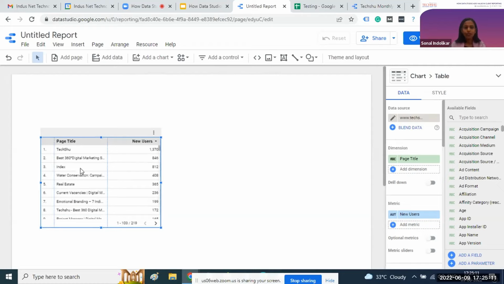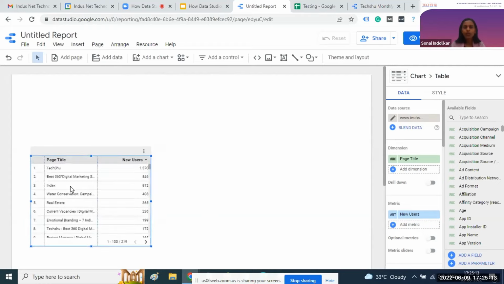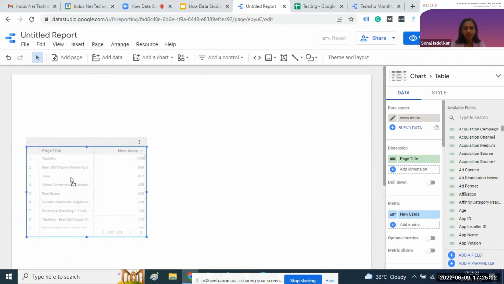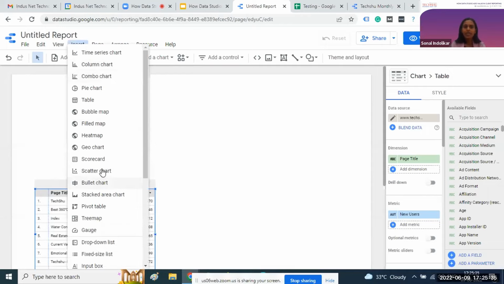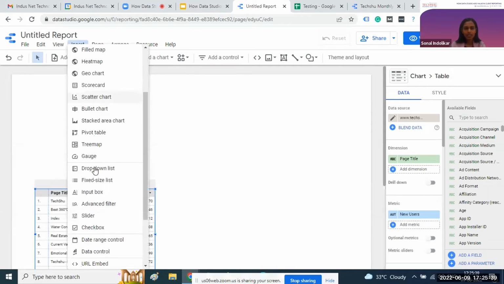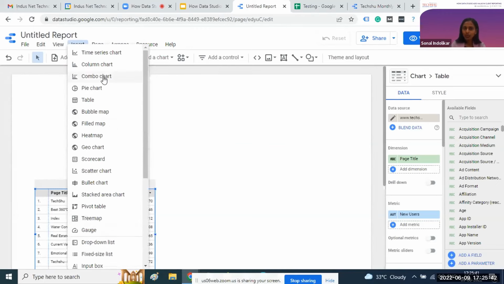For example, for your client, you want to show the data for their monthly traffic. For this TechSu website, we want to see the monthly traffic. Over here there are multiple components available in Data Studio to create a table, pie chart, column chart, line chart, etc. The list is very big, so I'll show you a few components.